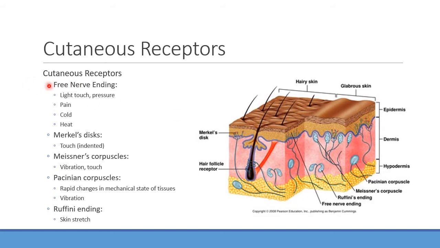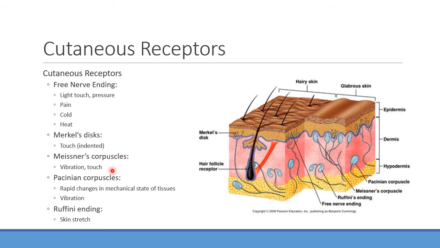I'm probably not going to get that specific, but some of the big key takeaways here are things like the free nerve endings. These are very important for light touch, but more importantly, these very frequently are transmitting pain signals and signals about cold and heat. So those are good to know. We're going to have things like the Merkel's disc, which are good for indented touch. And you can see where they're located on the skin within these subdermal layers, and you can make sense of what type of signals they're going to be picking up.